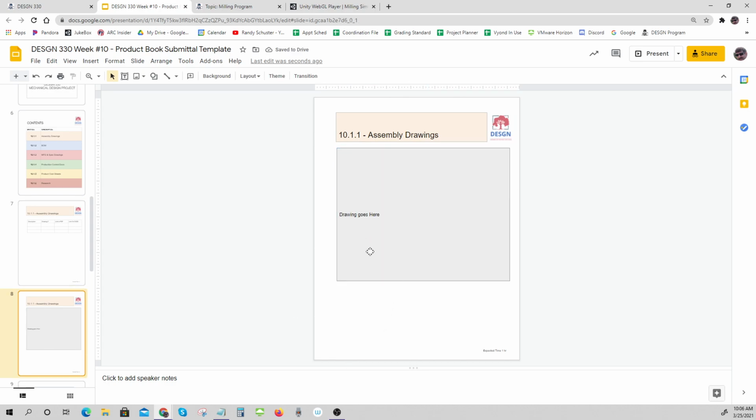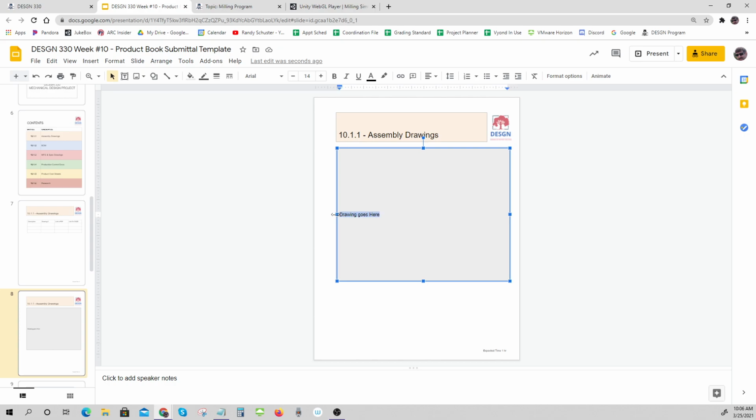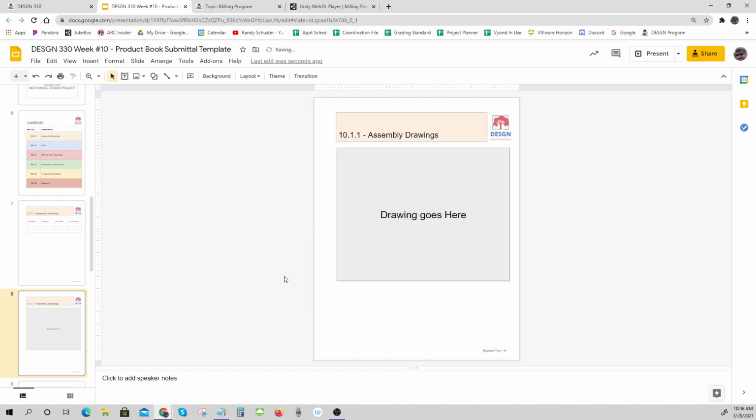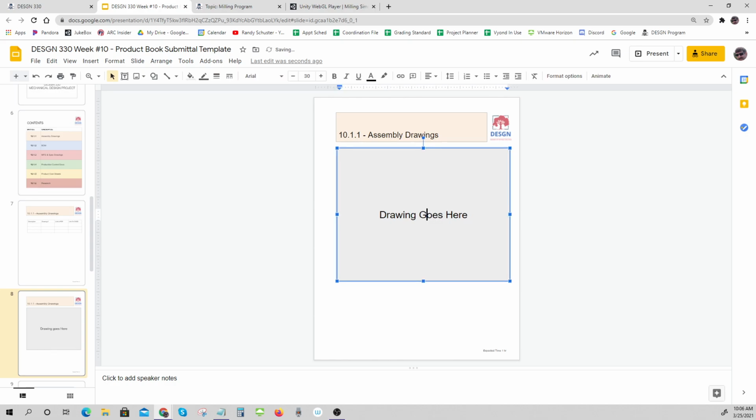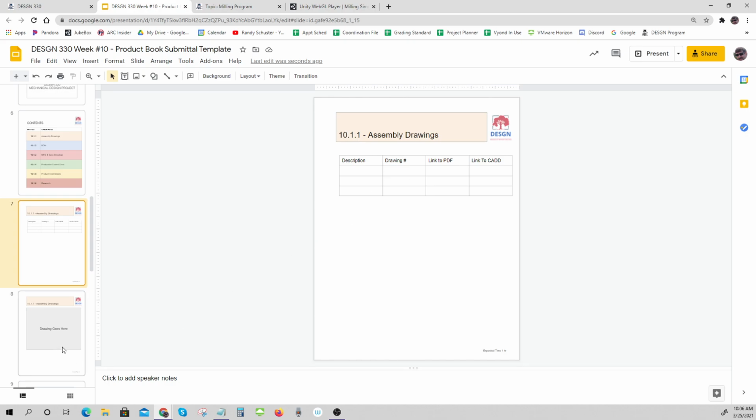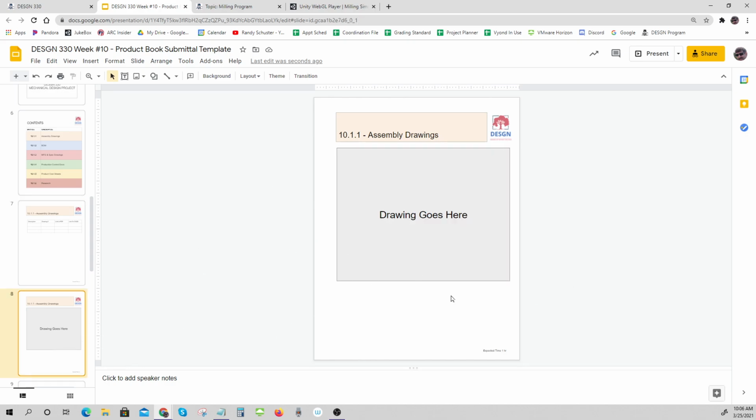And then on each page, you would have your drawing placed in there. So there's a drawing. The drawing goes here. You arrange that how you want. And again, you wouldn't need your links because they're provided right here, but it needs to all go together. If you want to put your links in here too, that would be good. With a product book, you have to start thinking: if you were to read this product book, how would you access and get that information? And it's going to be through links now,